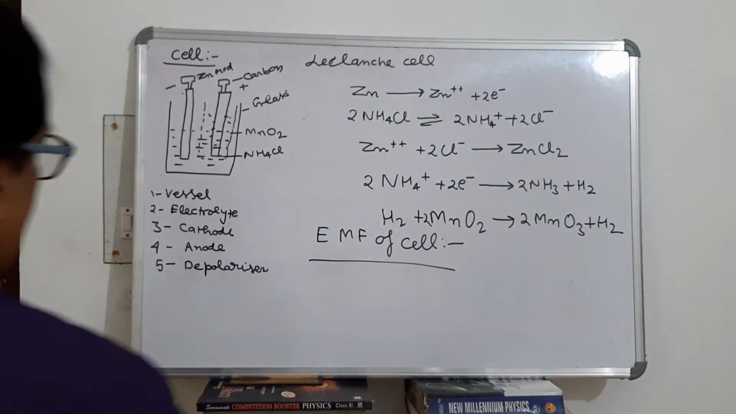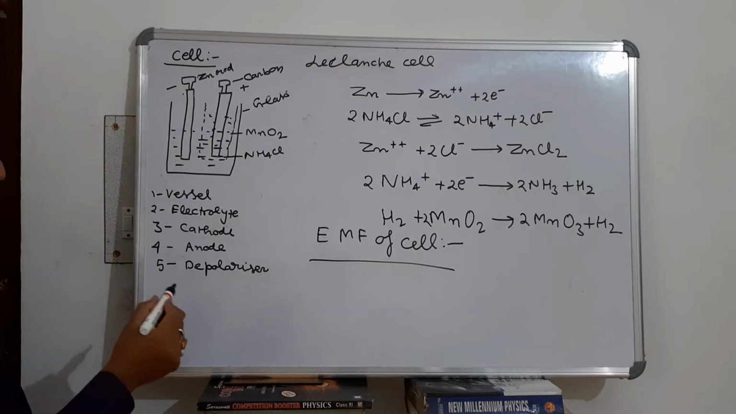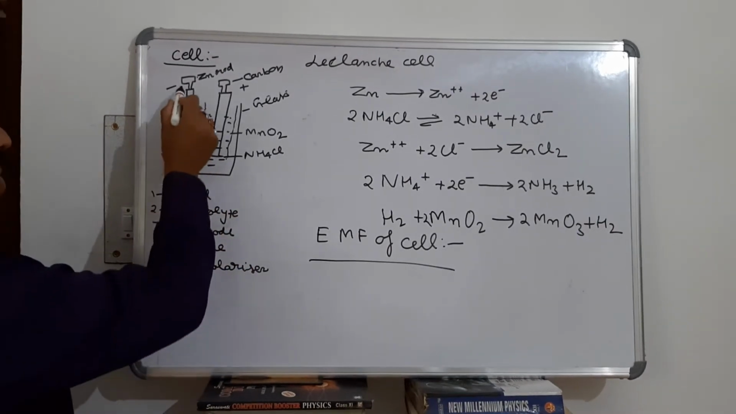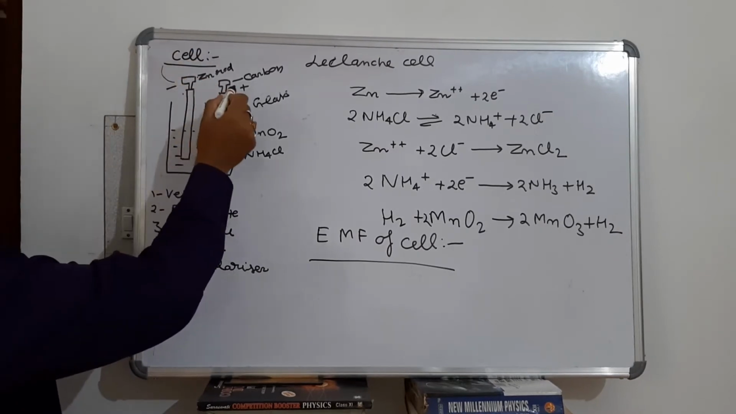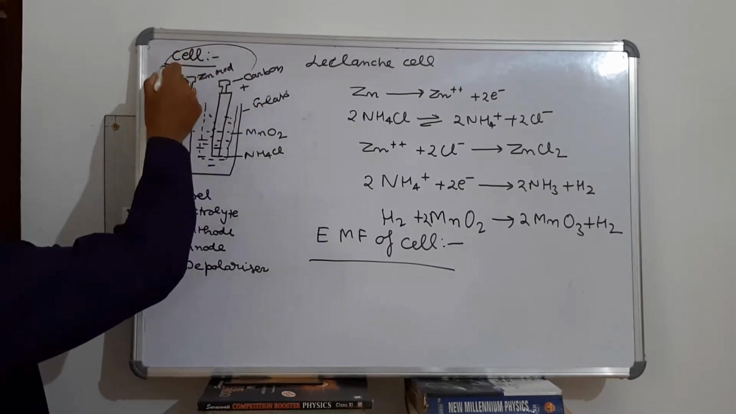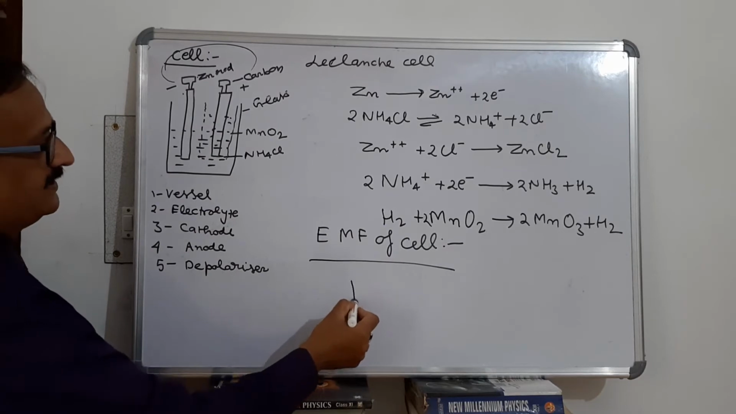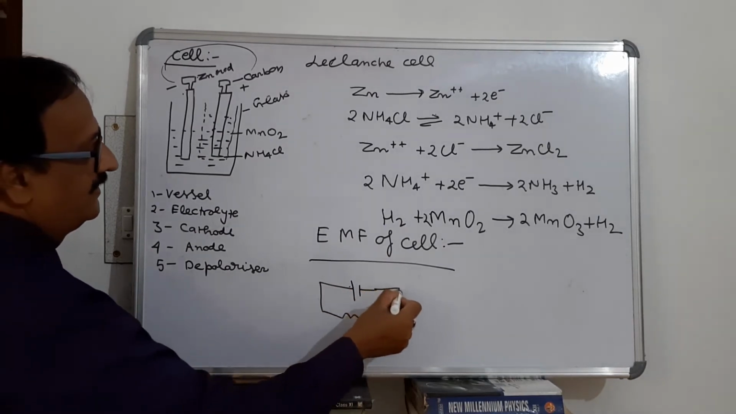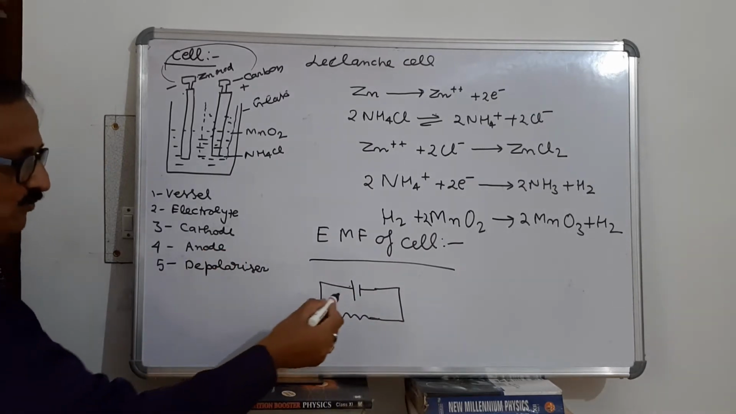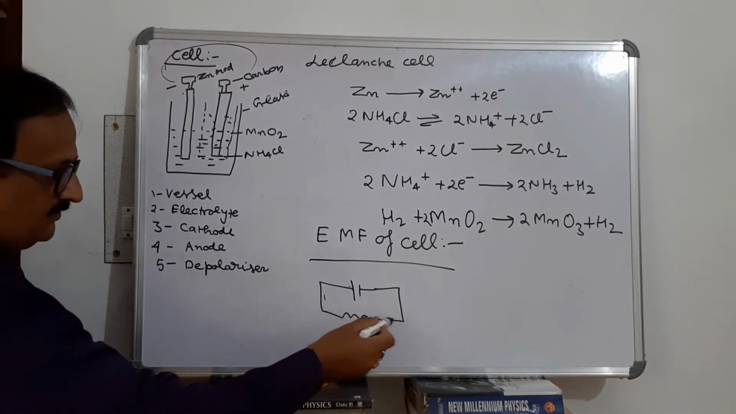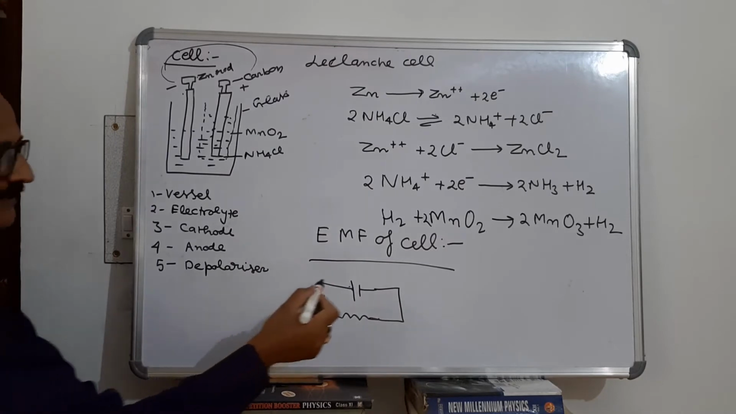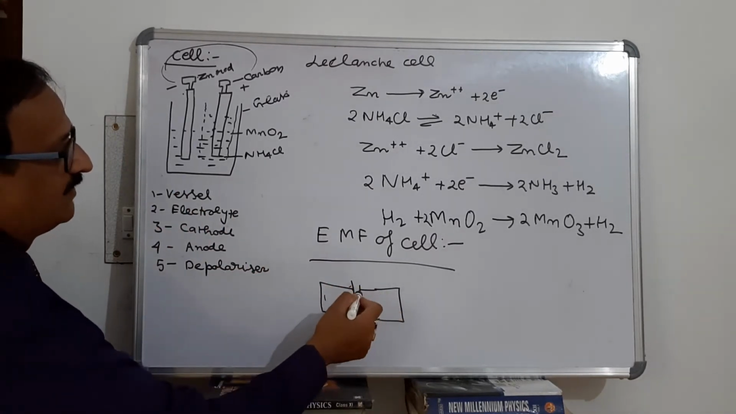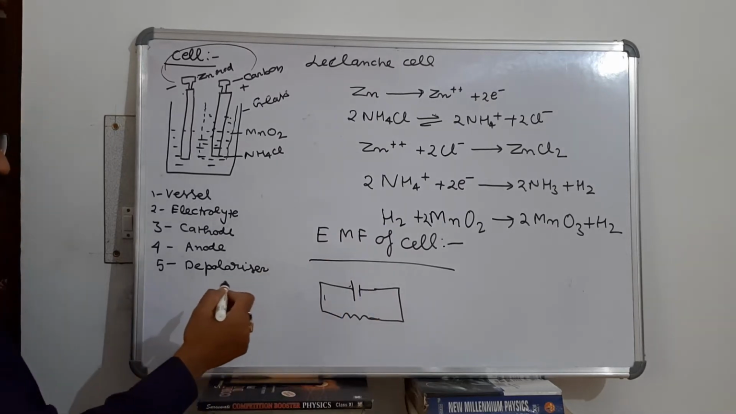EMF of a cell means the energy consumed in moving 1 coulomb of charge from one terminal of the cell to the other terminal. Suppose this is a cell, the symbol of a cell is this, and this is a resistor through which current is flowing. If q coulomb of charge flows from this terminal to this terminal and the work done is E, then the work done in moving unit positive charge from this terminal to this terminal